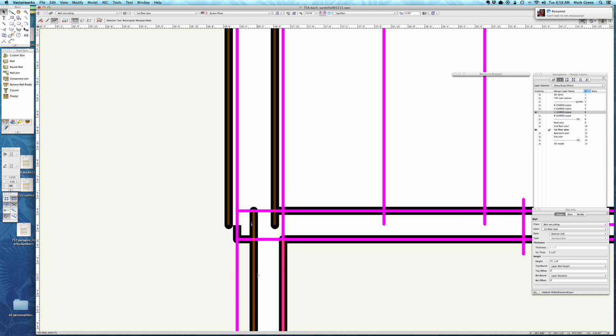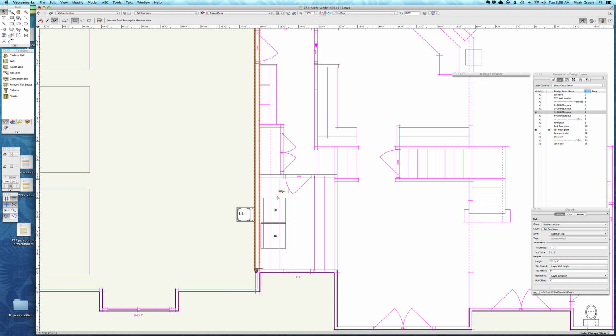You can see that it took the center line of the existing wall and replaced it with the center line of the new wall. And you can see that it's not aligned correctly on the guidelines. So I'm just going to undo that, and I'm going to go back